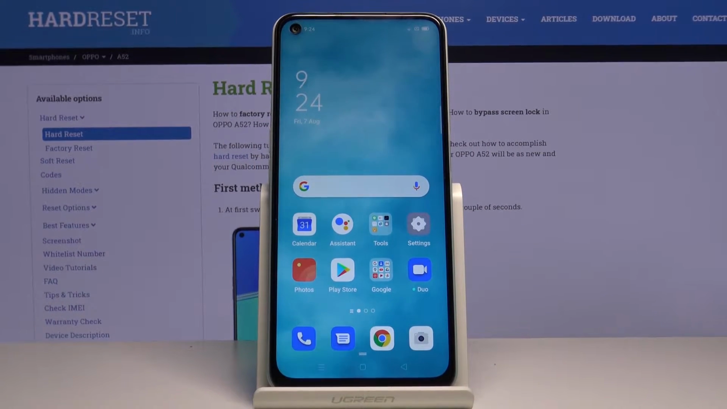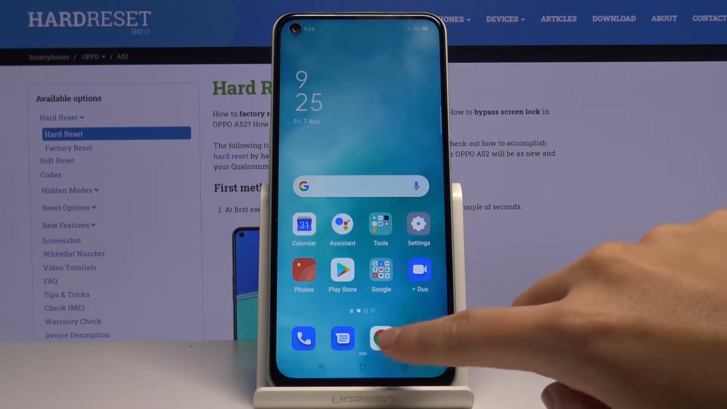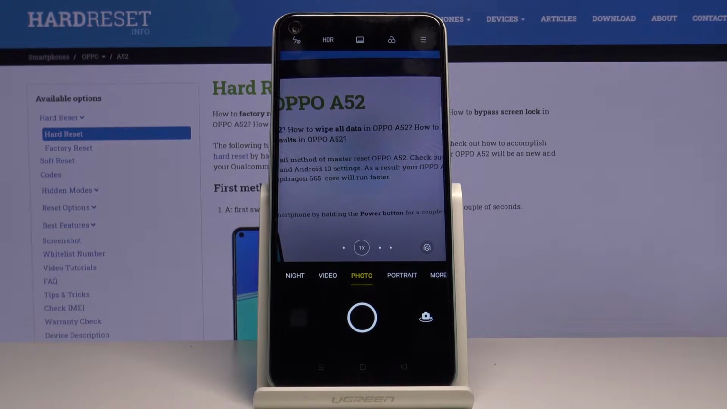Welcome, here I've got OPPO A52 and I'm going to show you how to use the camera Pro mode on this device. At first we have to tap on the camera button here to open it. And as you can see, for now we are in the standard photo mode, so let's change it to the